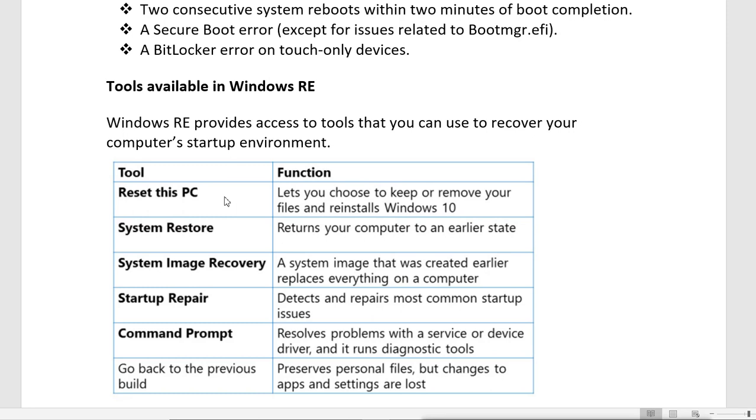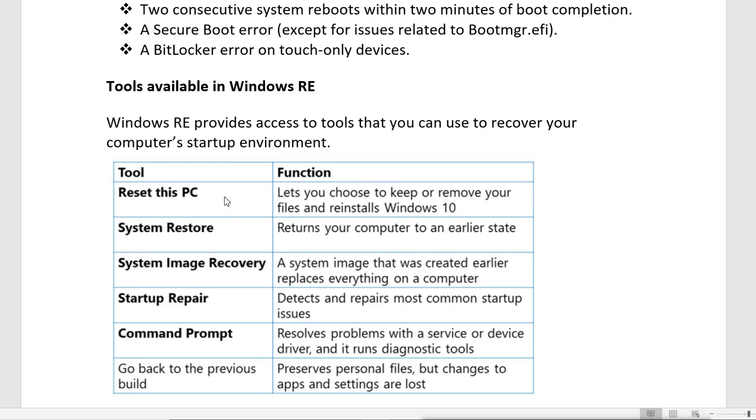So basically in this Windows 10, when we select reset this PC, it will reinstall a fresh Windows 10, but it will give you the option to keep the data or remove the data, whatever data you have in the machine, even in the C drive, the system drive also. So it will give you the option to keep your data or remove your data. If you select keep my data, then it will keep the data and reinstall Windows.